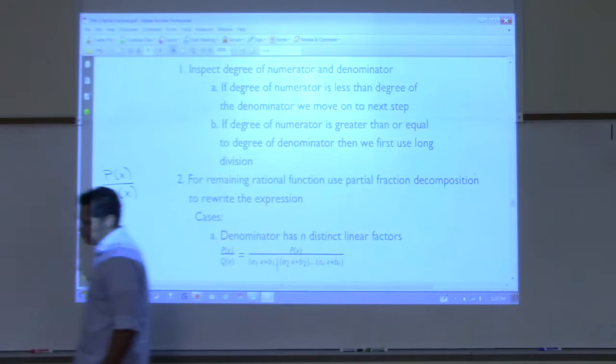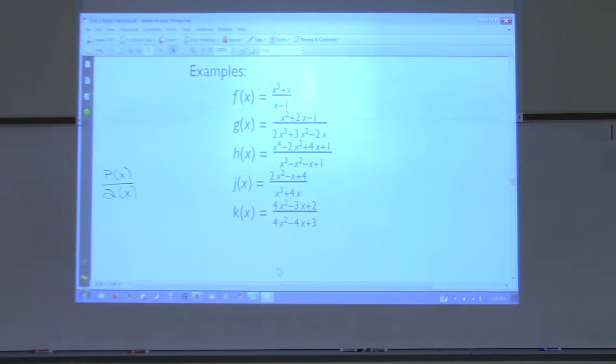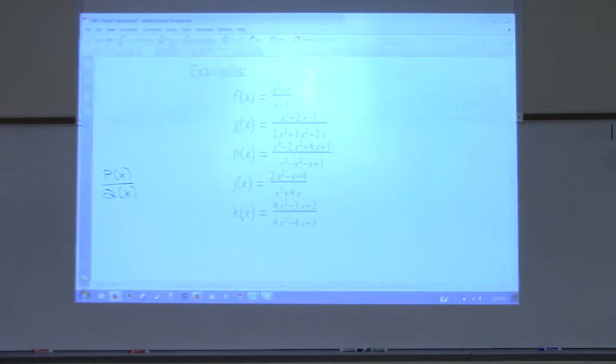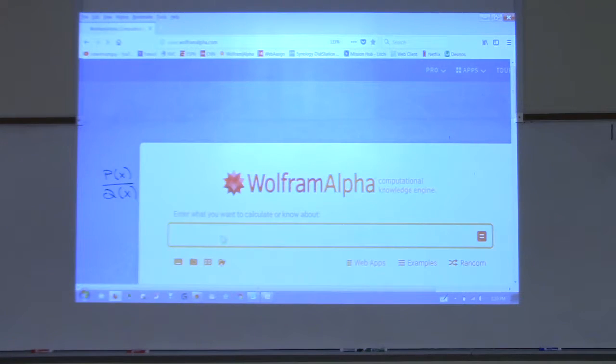All right. I think we should do one more, all right? But for this one, I'm going to use the help of the computer. We're going to reverse engineer a problem. I'm actually going to create the problem on Wolfram Alpha, and then we're going to decompose it. So I want